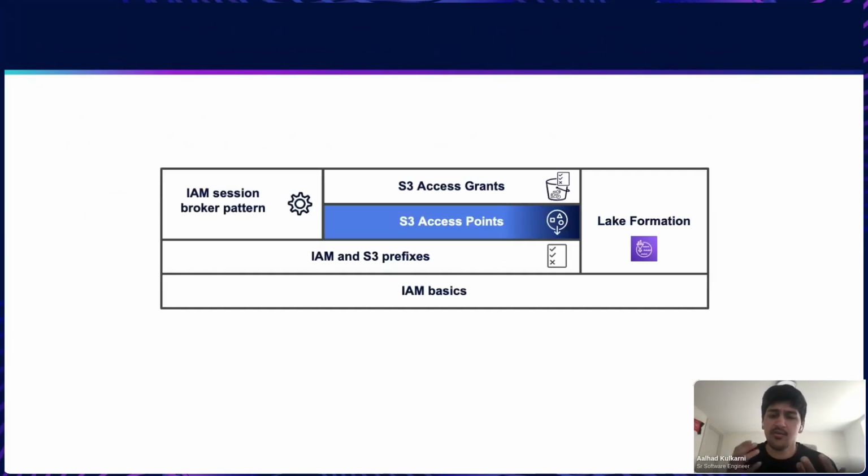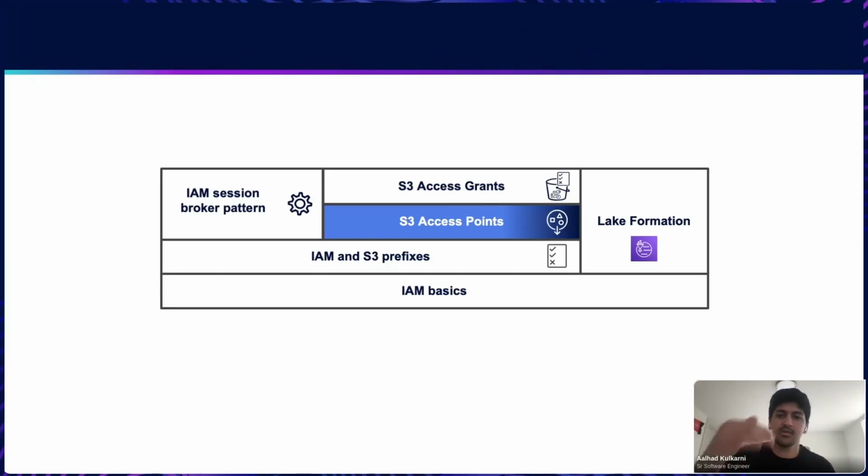So if you're within that realm of 30 distinct prefixes and let's say less than 1,000 IAM roles, you can still live within those boundaries. That works for you. But the majority of the time in a data lake scenario, you have plenty of consumers and plenty of producers and need fine-grained access controls. So how do you scale that up? As I build this up,